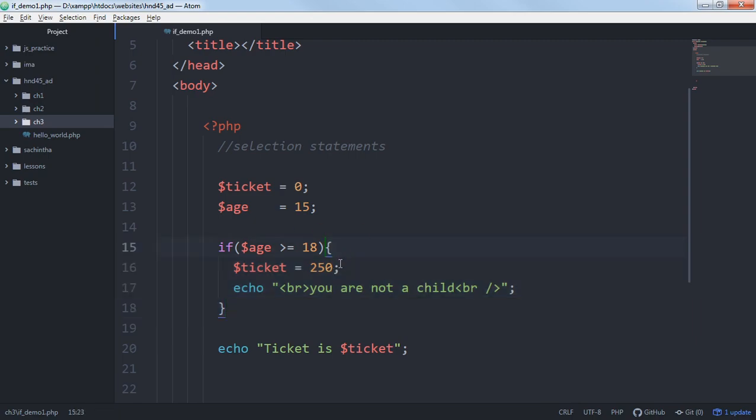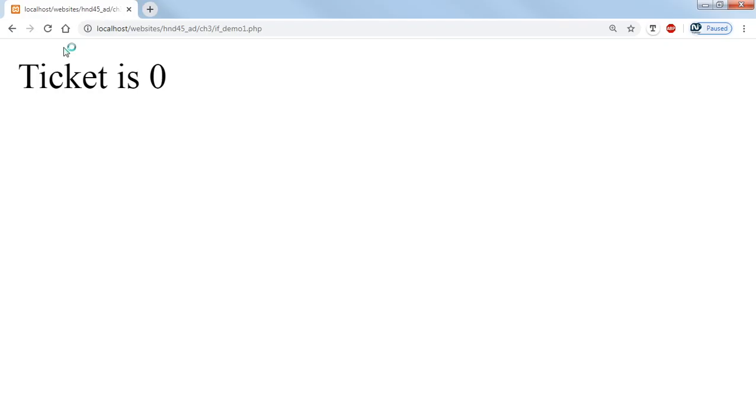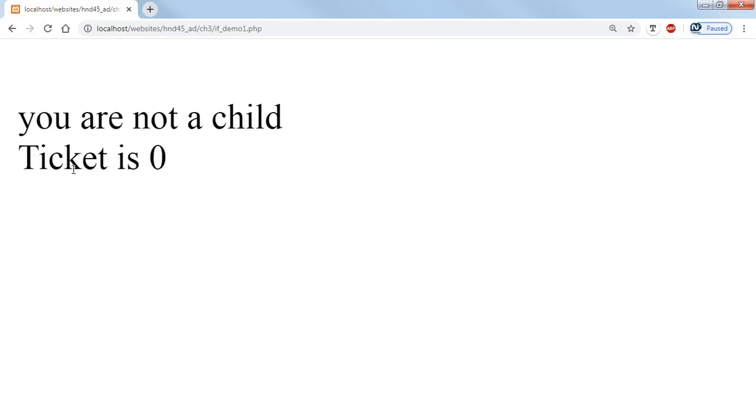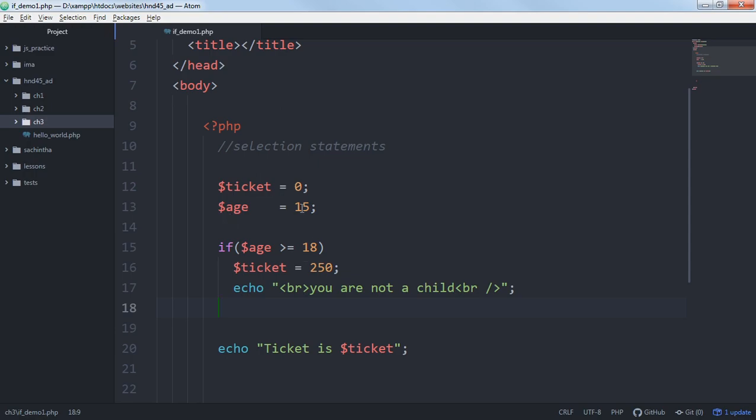So if you don't have the curly braces, then the problem is like this: the you are not a child message is coming, and ticket is 0 is also coming. So that is wrong because age is 15. So hope you understand that one. So it's a good practice for you to write the opening and closing curly braces for if conditions, right? Okay, so this is